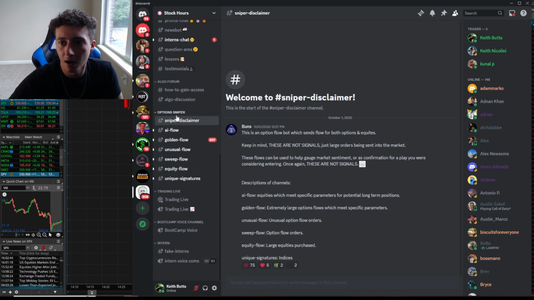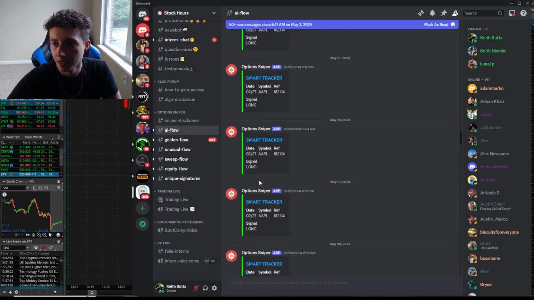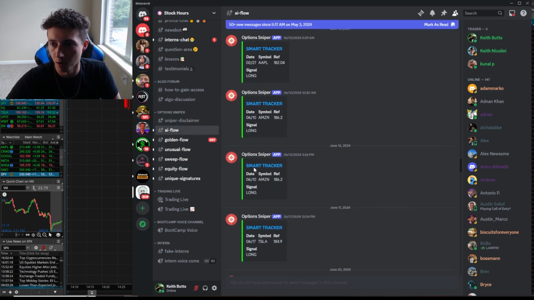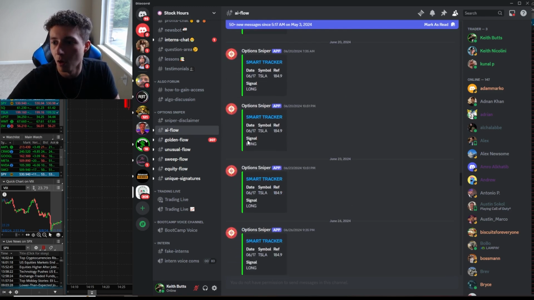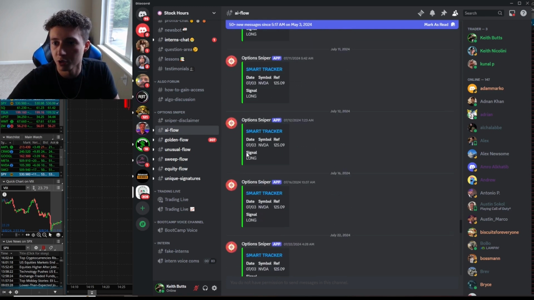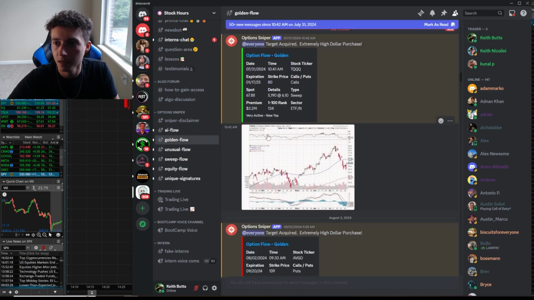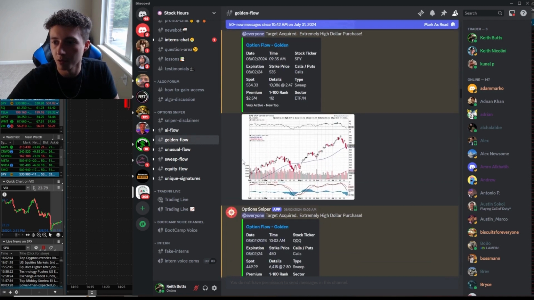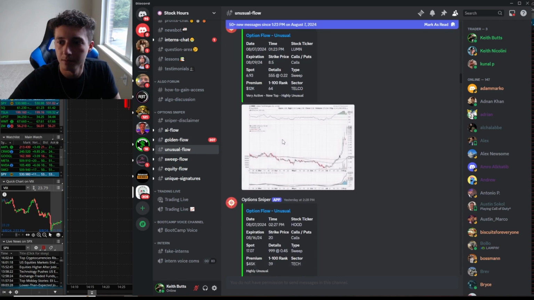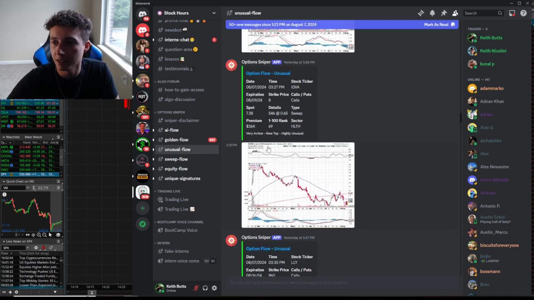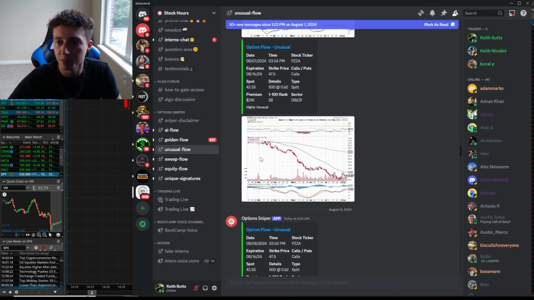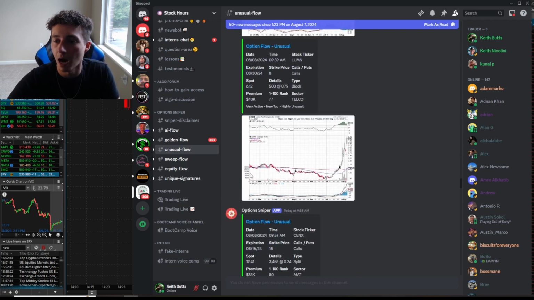So next up, we've got our option sniper section here. This is basically where you see all the flows for the options. So you'll see long-term flows, you'll see the dates that they were bought, what they were bought on, the strike price, and the overall bias, whether it's long or short. So once again, this is showing you the golden flow. This whole entire section is basically just automatic updates about any large purchases going on in the options market.